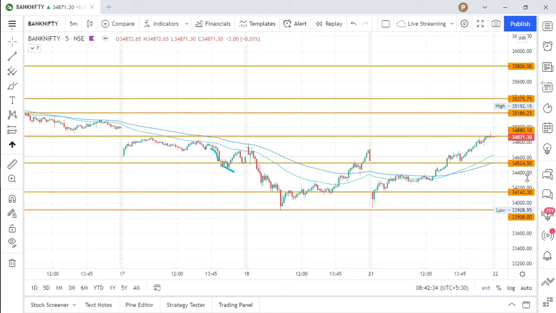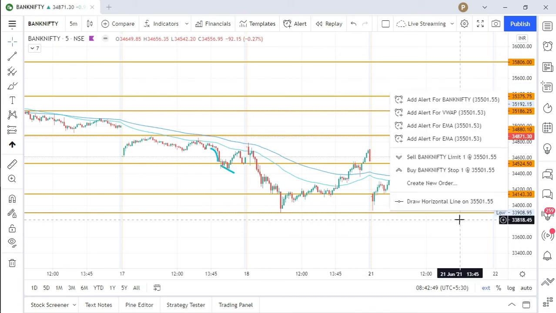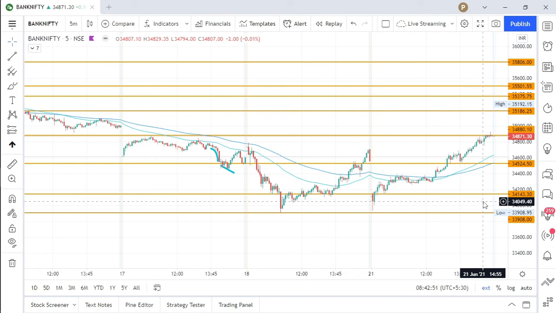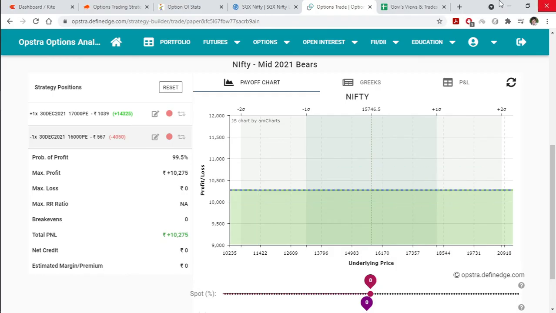These are the levels to watch out for, and there would be one more interesting level over here, 35,500. Every time, a round number is basically a psychological resistance, despite what charts say or don't say. Round numbers are always psychological resistance, and they behave as supports also. So on that note, let's jot down these points on our sheet.